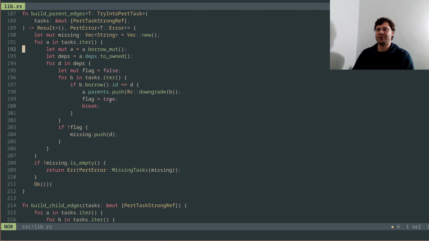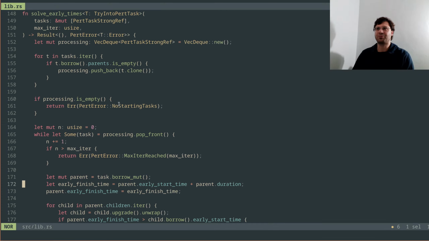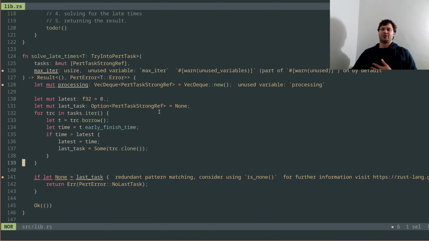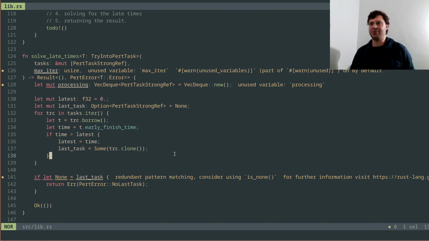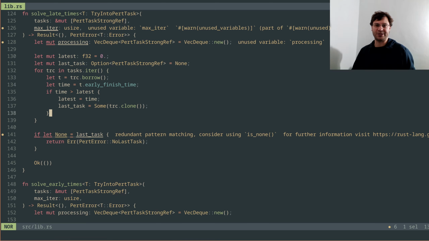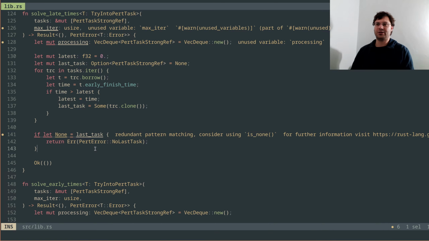So effectively what we're saying there is, well, where am I? On myself again. Here we go. So we're saying the latest has got to be greater than 0. We don't have tasks that go negative in time, in duration. So if we haven't found anything that's greater than 0, then we haven't found a task. Task is none. More or less, we should find a task. Now we've just copied that as the clone. We will then put that into